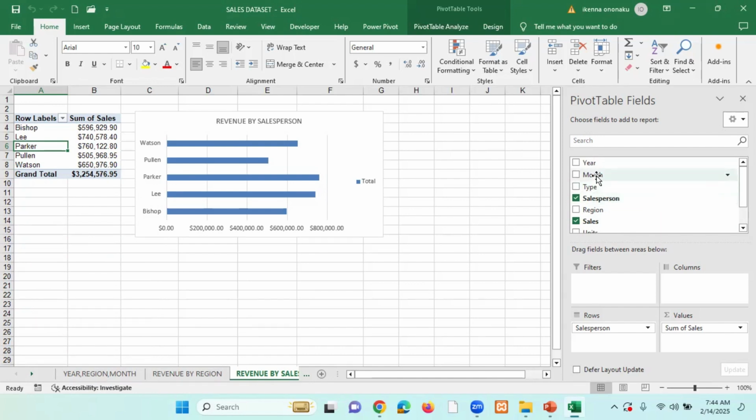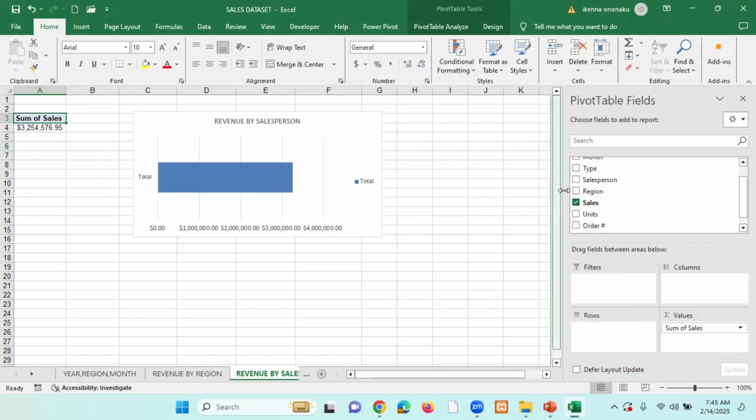Getting months. Okay, let's get to know. Let's get revenue broken down by months. That will help you to know the months that the highest amount of money was generated. So I drag months,